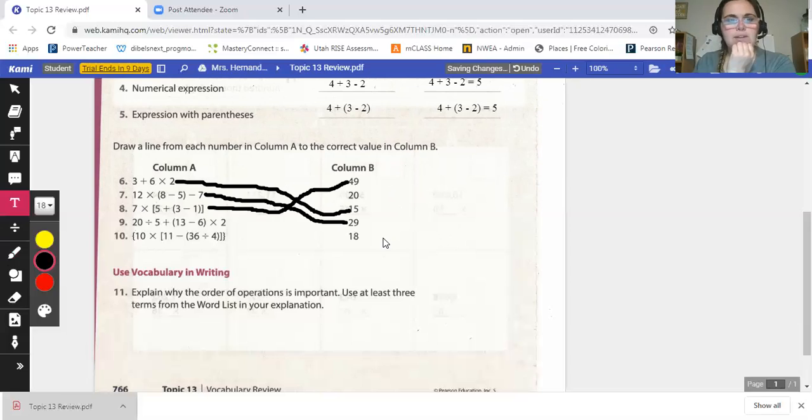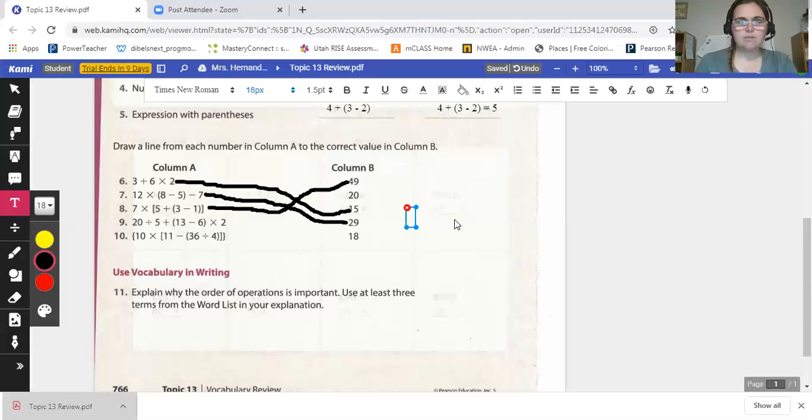Okay, let's do number 9. 20 divided by 5 plus 13 minus 6 times 2. Well, here's parentheses, so I do that first. 13 minus 6. 13 minus 3 is 10. 10 minus 3 is 7. So 13 minus 6 is 7. So our new equation is going to say 20